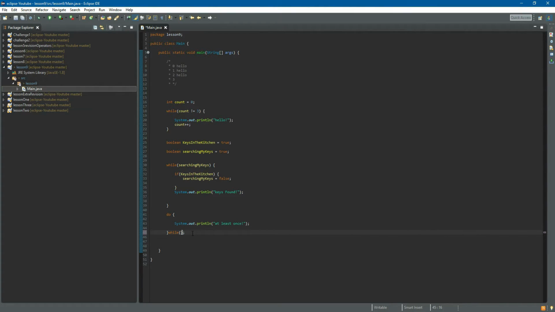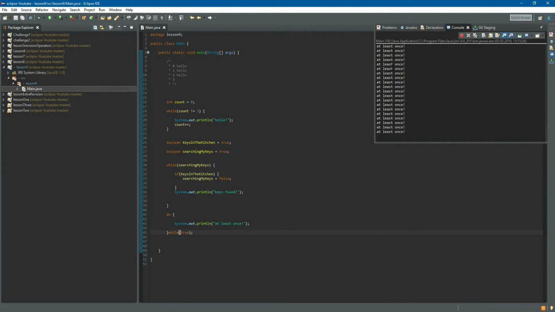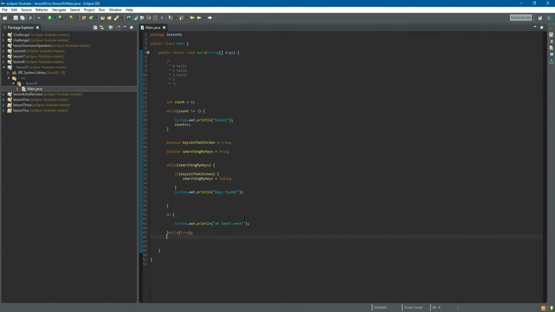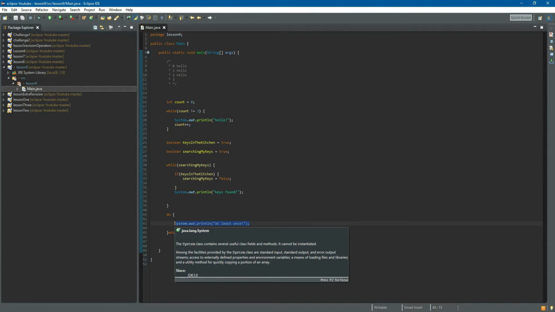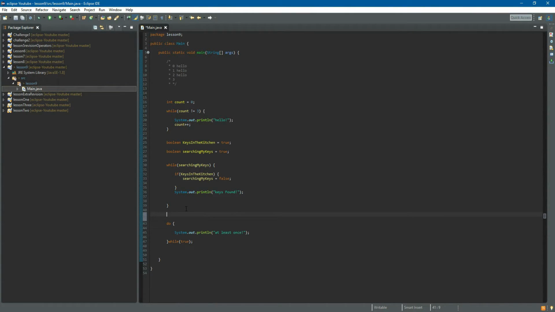But if here this expression was true, what do we have? We have an endless loop like that. At least once, at least once, at least once, and so on. So the do while is another way to write the while loop. Let's check this out. For example, if we set here the value of count to 0, and then we say do at least once,